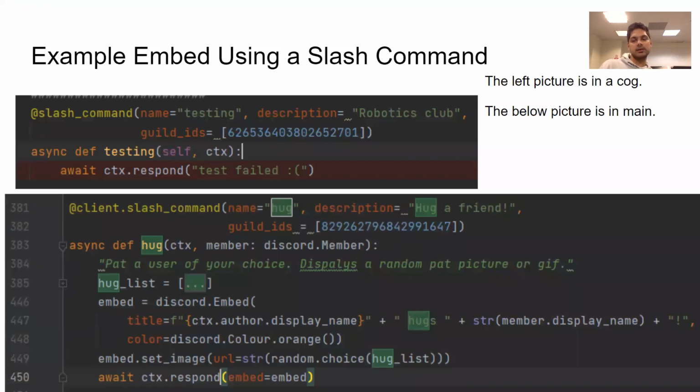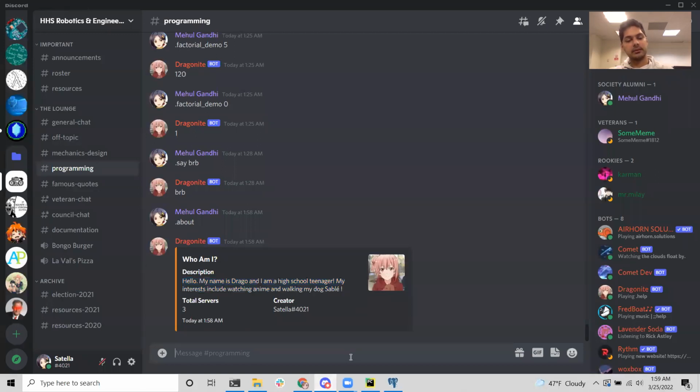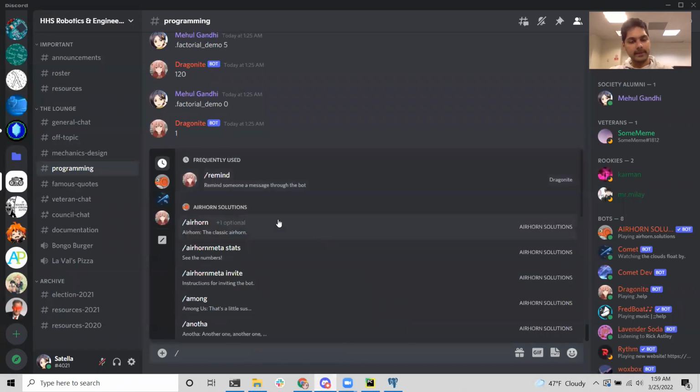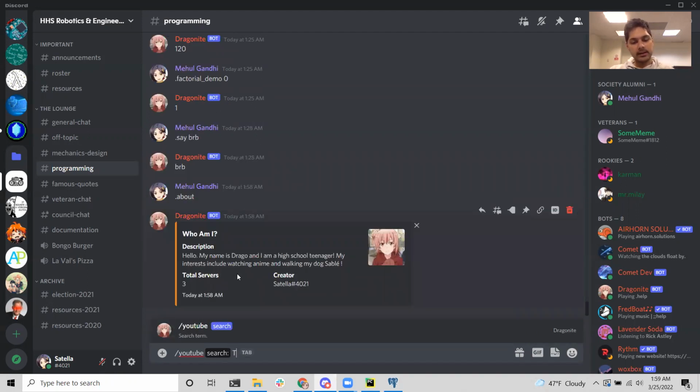So okay, we're using a slash command. There are multiple ways to do slash commands, multiple implementations, but I'm just going to talk about my way. I know PyCord might have something different, and they might even have their own library for slash commands. But essentially, I have some slash commands already coded up, like a YouTube one. My favorite anime right now is To Your Eternity.